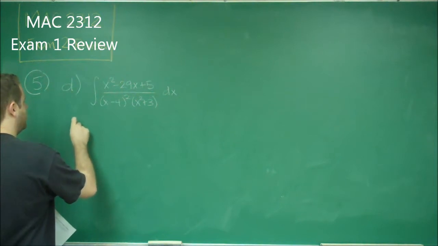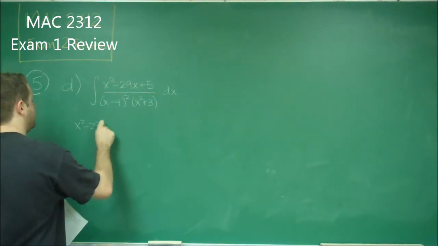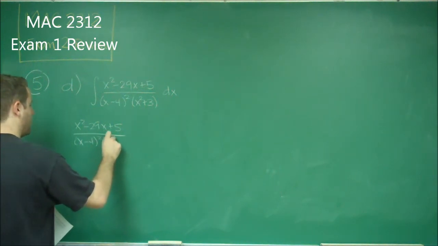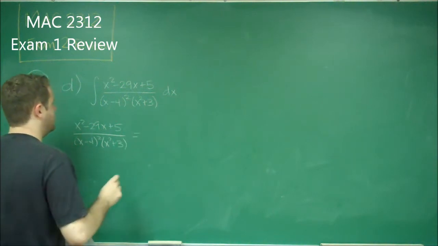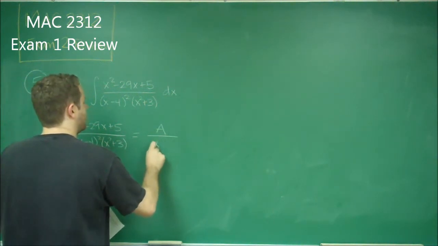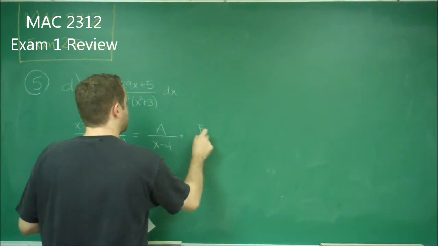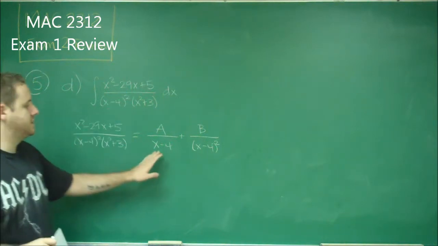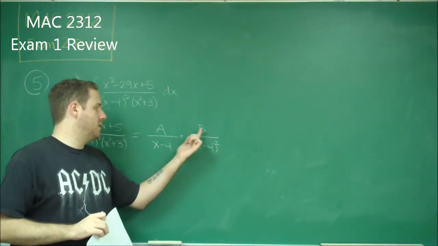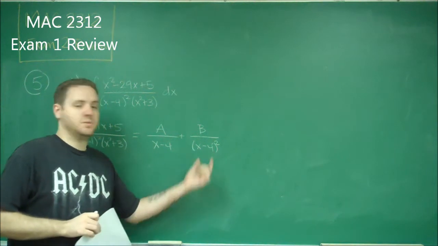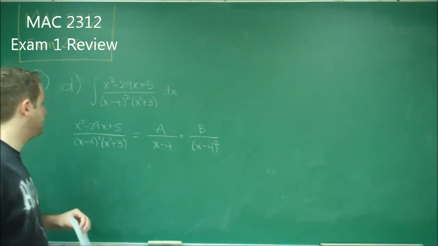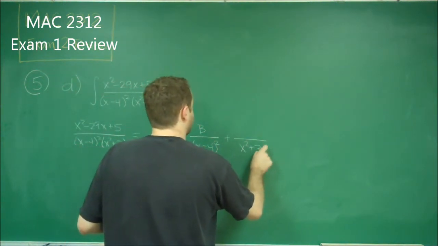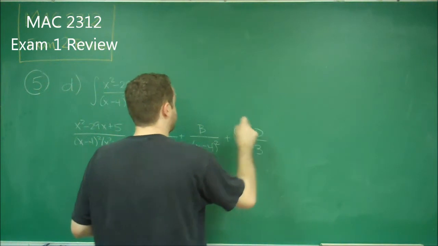We know then that our original fraction is going to have to equal, we need A over x minus 4, we need B over x minus 4 squared. Remember that if you have a double root, you need the single and the double of it, but you don't put Bx plus C, you only put B because the root is what matters if it's all raised to a power. However, x squared plus 3 is irreducible, so we need to put Cx plus D on